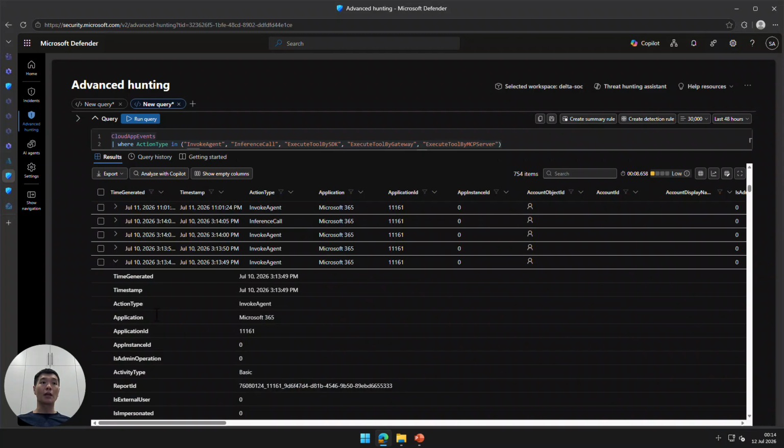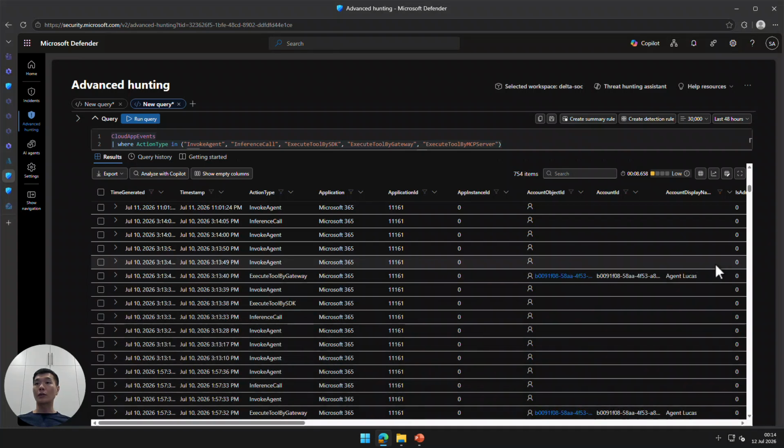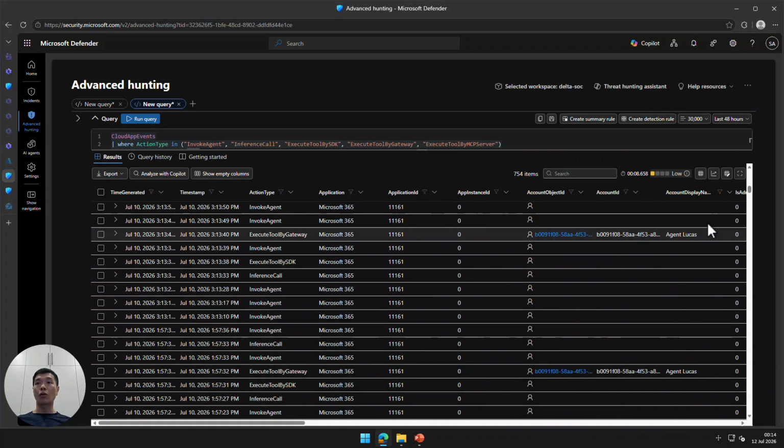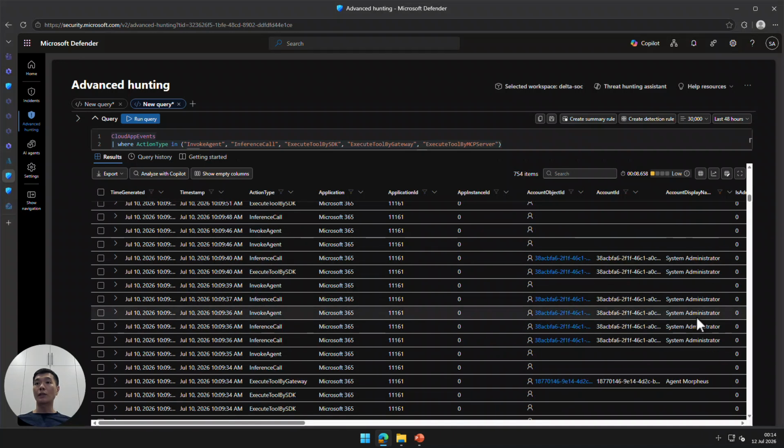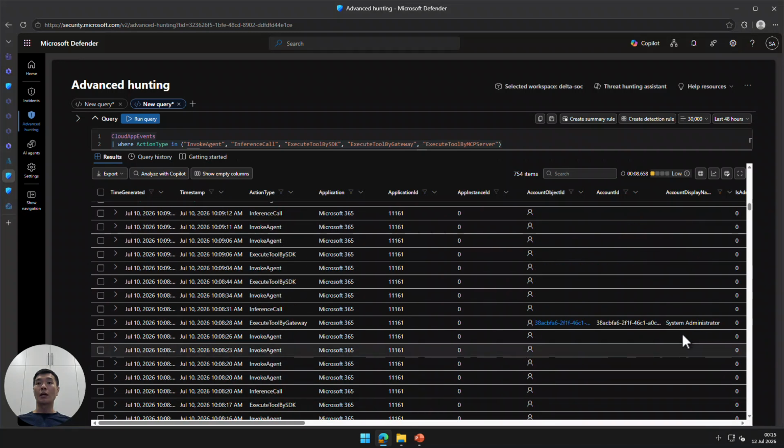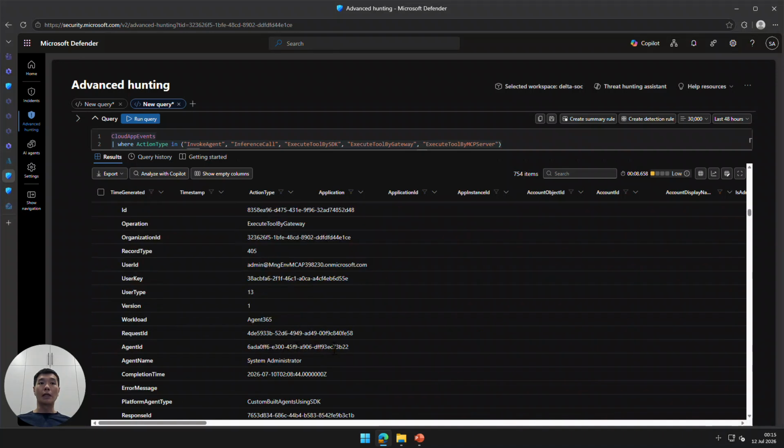to present the data. But what is interesting here is that you can see for all the tool calls, the account display name for AI teammate is actually the agent user itself. And then for those that are on behalf of, what is being logged would actually be the calling user. So for Morpheus, it's actually also AI teammate, as we have seen earlier. And there's actually a tool use that is called by system administrator, which would also be agent ID that has